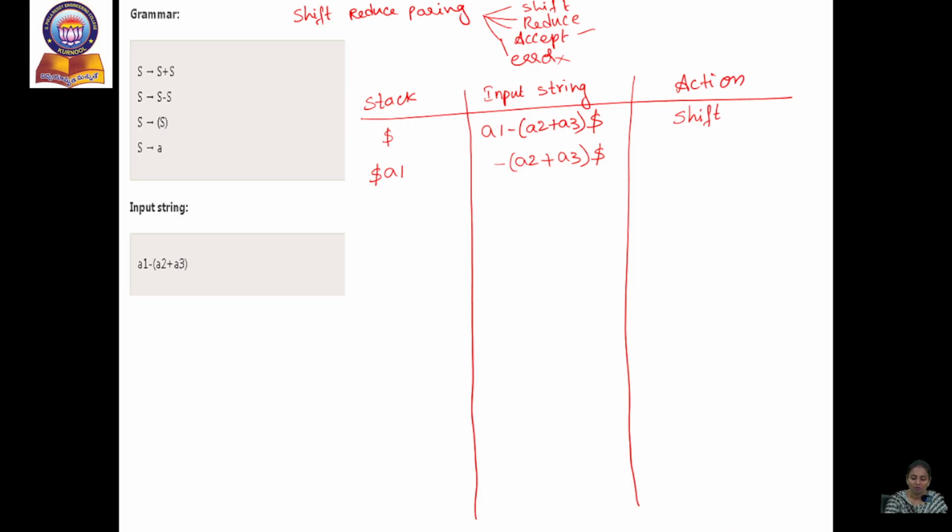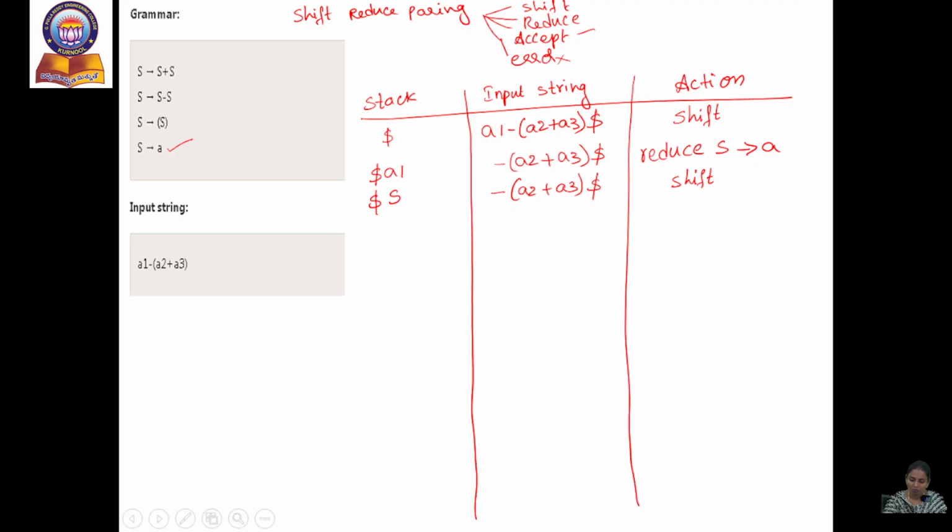So here I check whether A is available in the given grammar to reduce. Yes, S directly derives A, so here I can do the reduce operation, that is, S derives A. So yes, A is reduced to S, and as usual I write the input string. Now S is not directly derived by any other production,